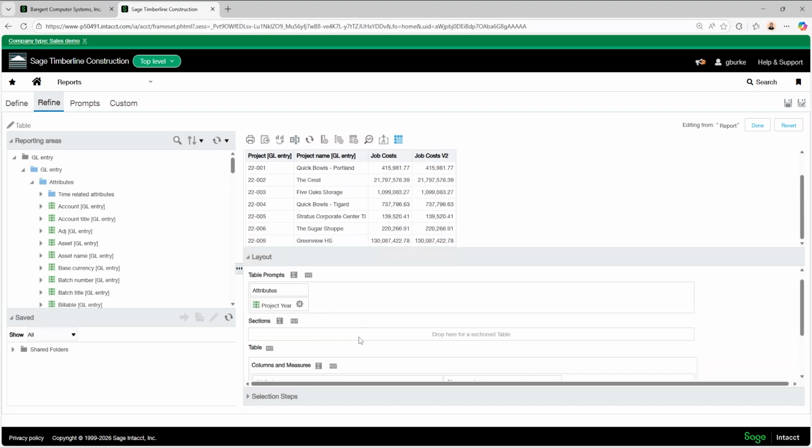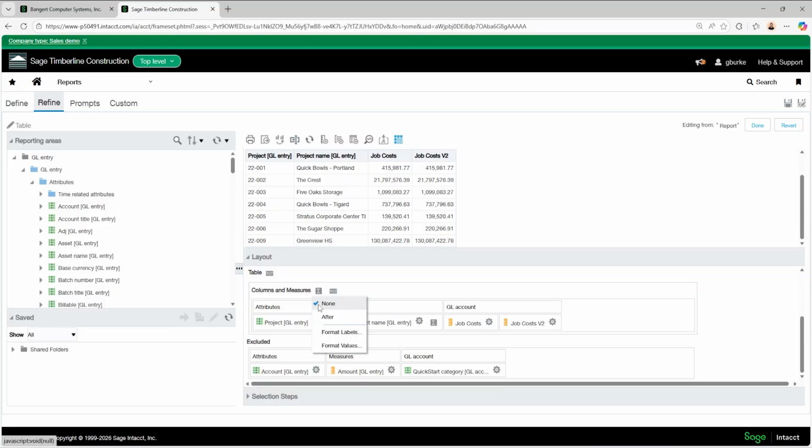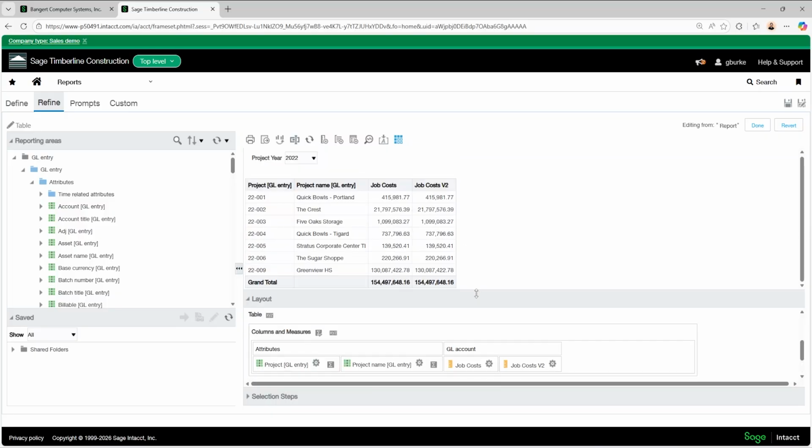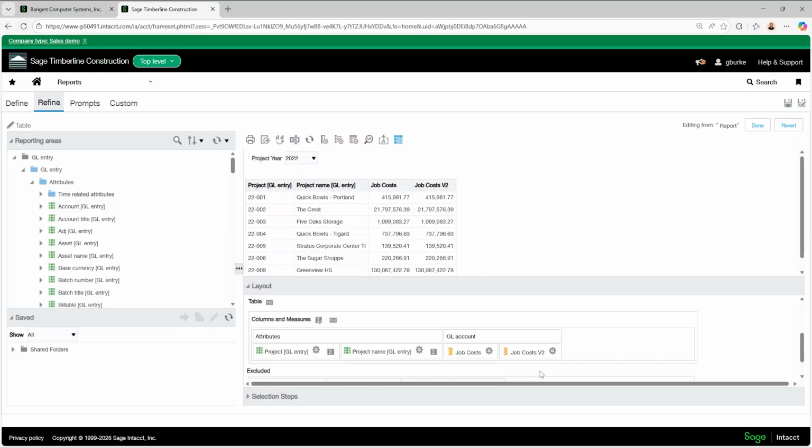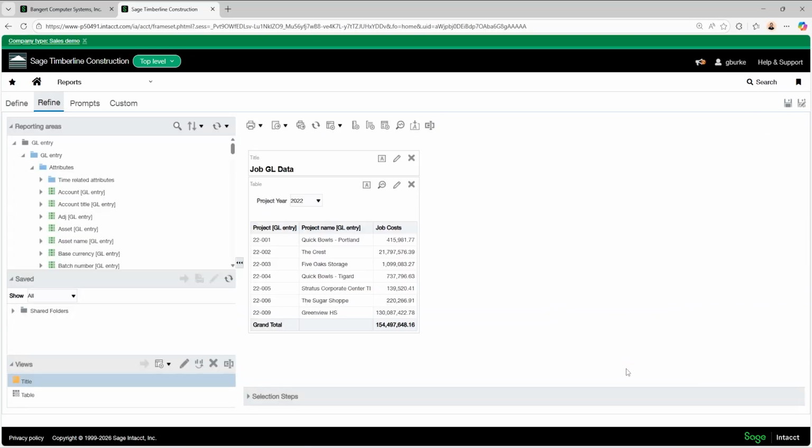Last thing I'm going to do is add totals at the bottom of the table. And we can go ahead and hide our extra one. But there we go. With a couple case when formulas, we can segregate the project year and then pull in specifically the job cost for each job in ICRW.